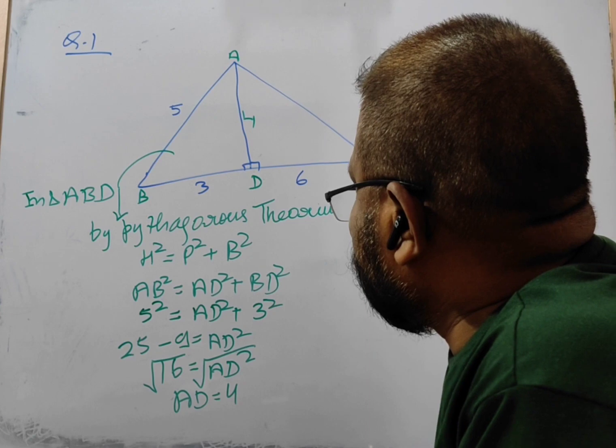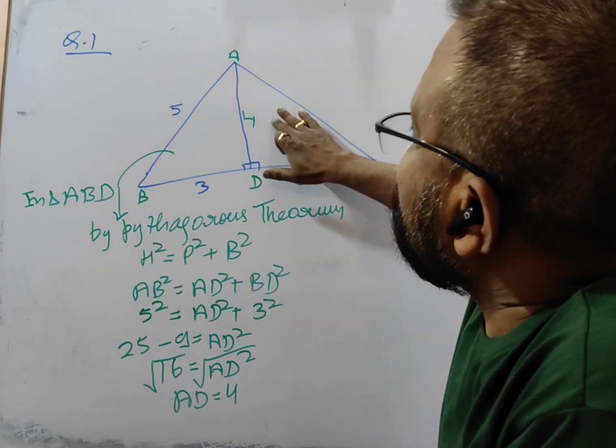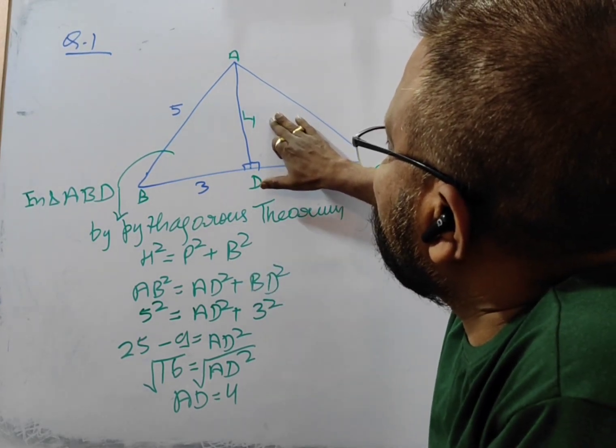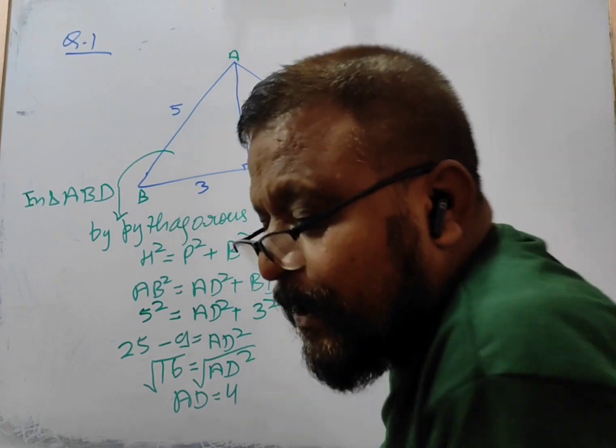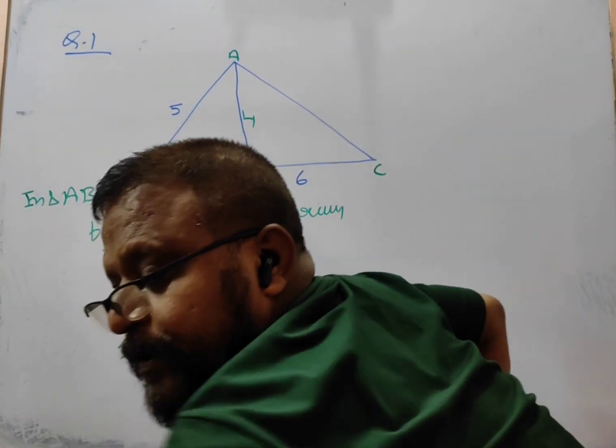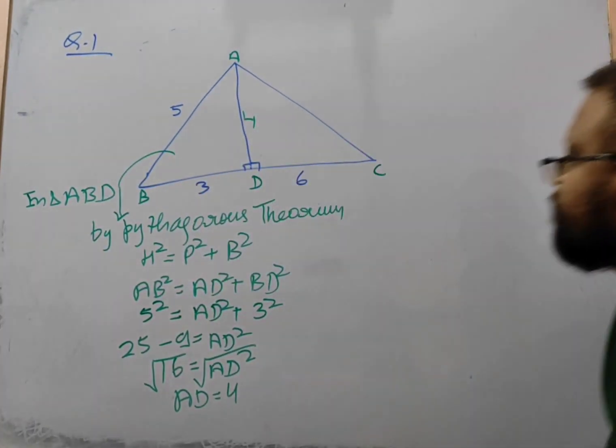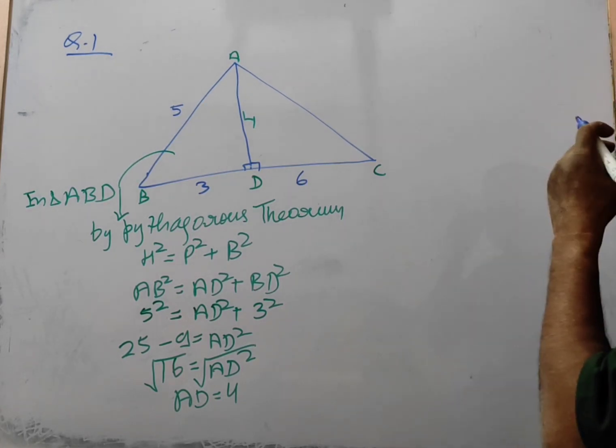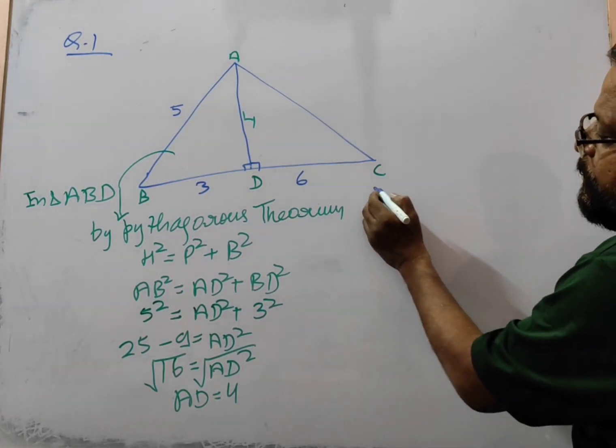Okay. So this is 4. Now we can get the area of the triangle. As we have to find the area of the triangle, so